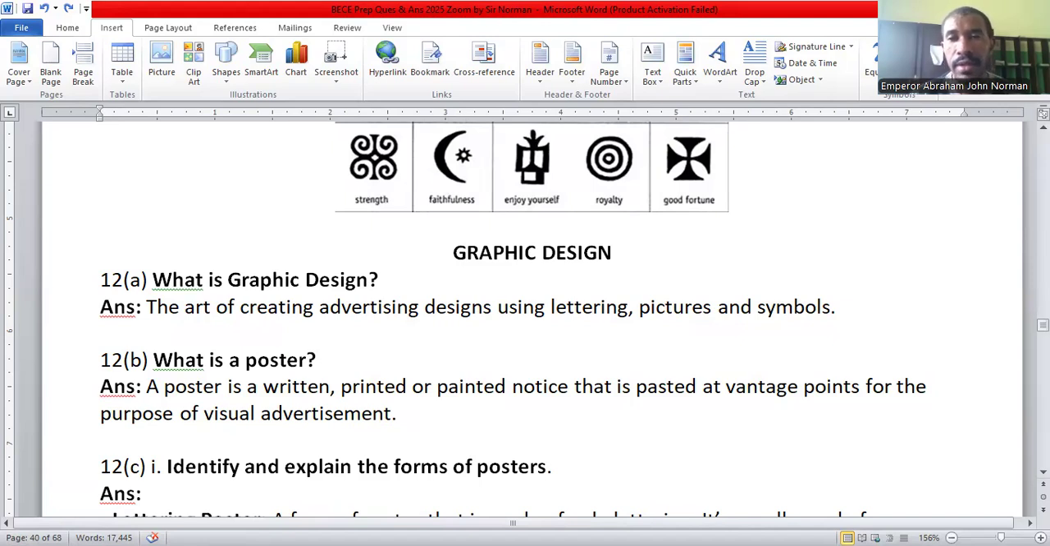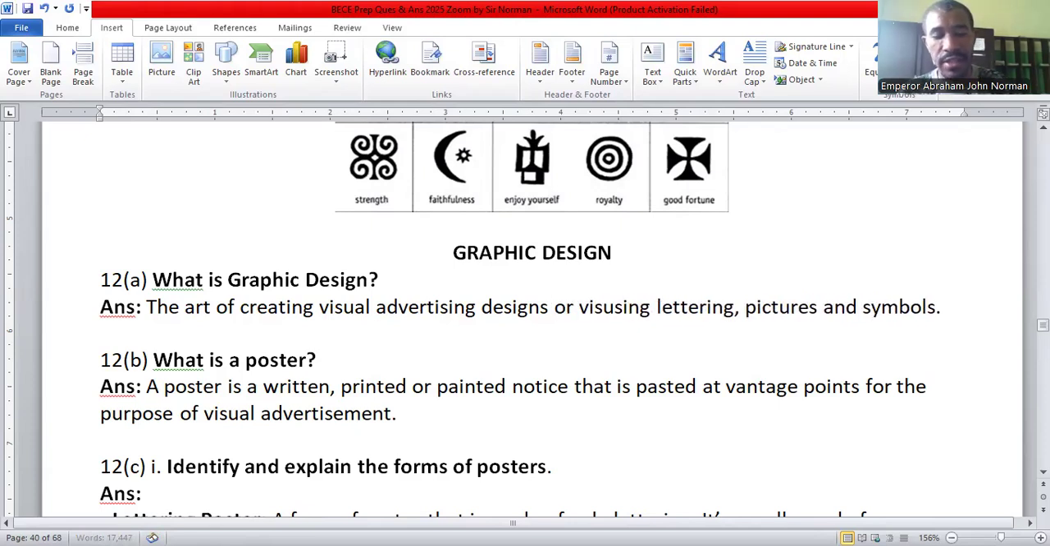We are continuing our lesson, and this lesson is focused on graphic design. Now, the question is, what is graphic design? Graphic design is creating visual advertisements or visual advertising designs or visual communication designs,